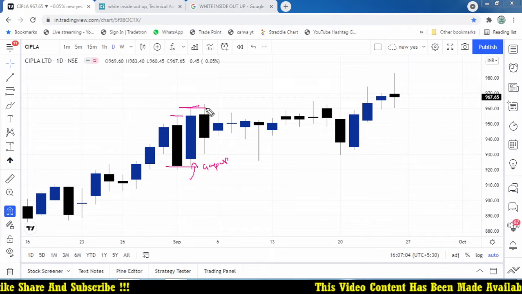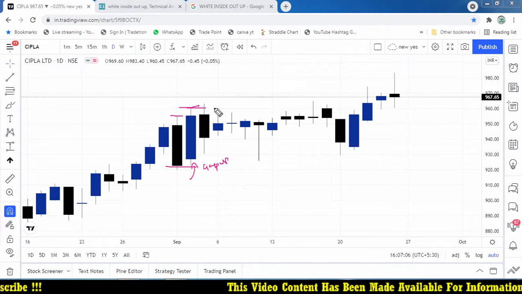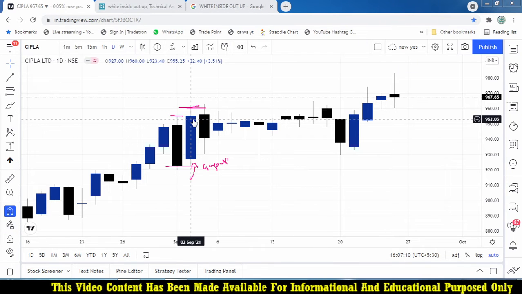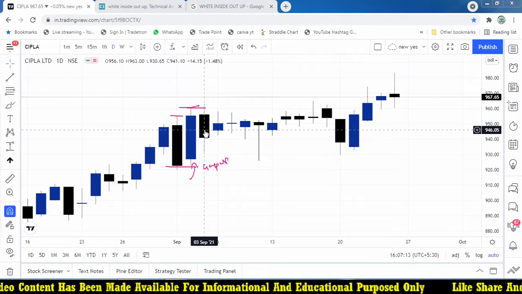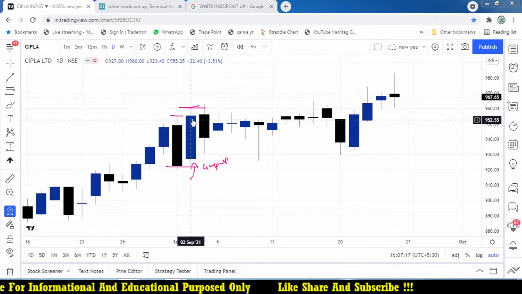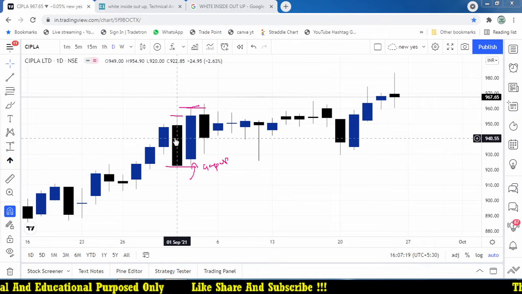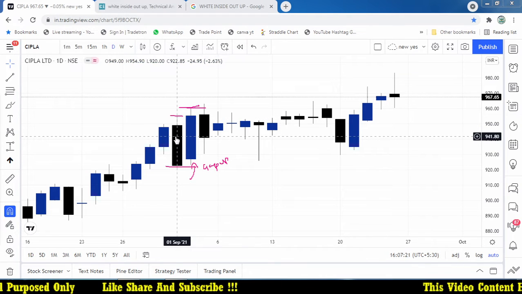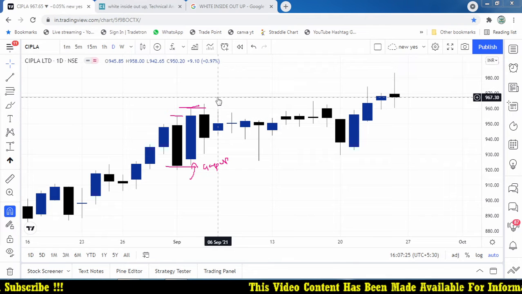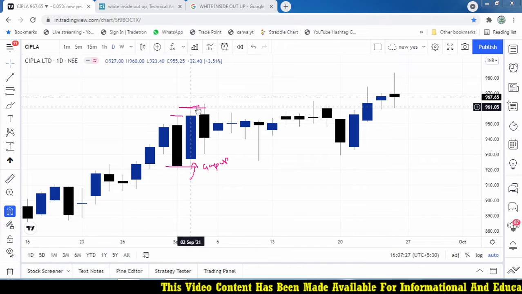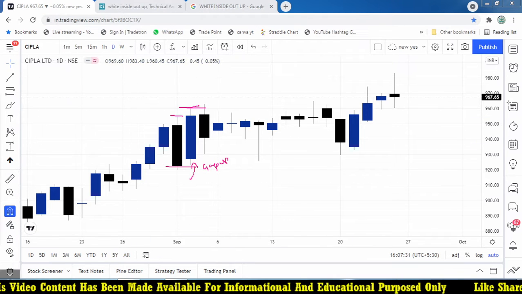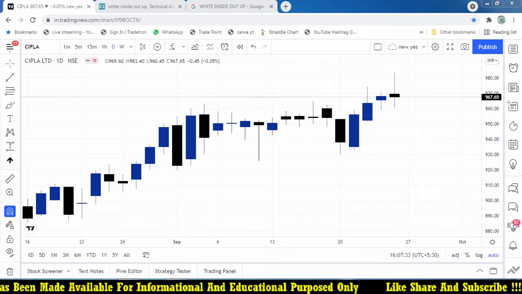And this is the entry point where we are going to take. That entry point is somewhere around 960. Next day it moves to 963. So that was the entry. But the stop loss for the trade is 919. So where I'm going to take an entry around 960, the stop loss is 920. Almost 40 rupees stop loss. It is not quite impressive or good. But even if you are taking a 960 call option, right now the market moves to 984. But I am ignoring it due to the big stop loss on this stock.